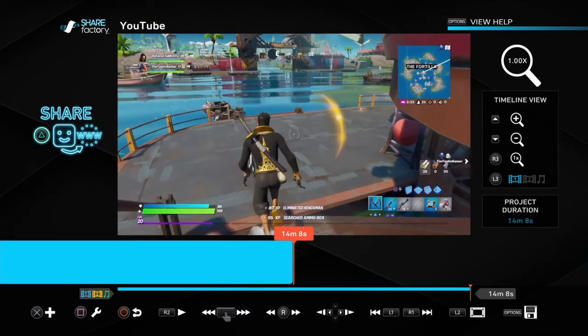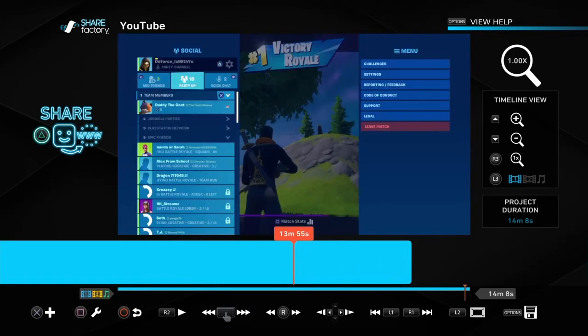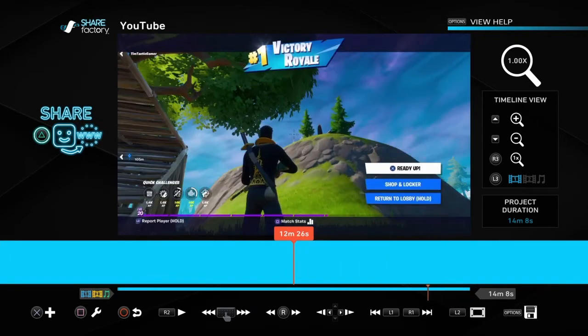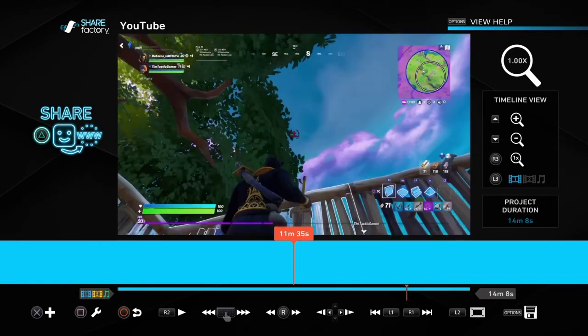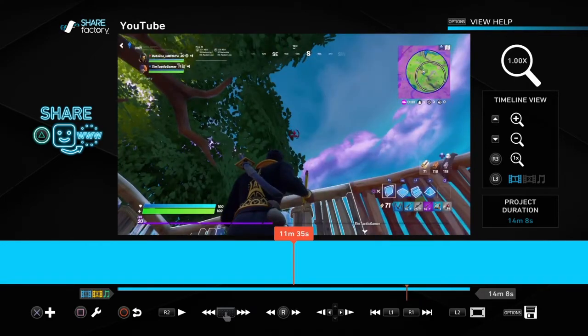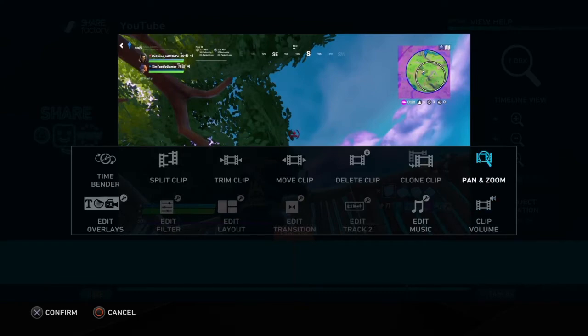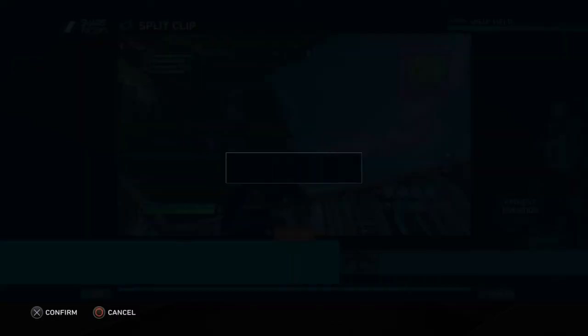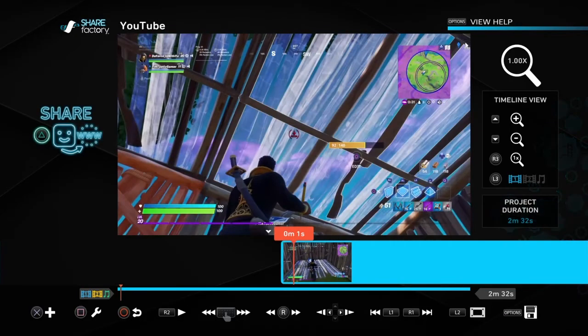So if I go to the end of this clip, yeah. At the end of this clip, my brother was playing Fortnite, and he got this really cool snipe on this guy. So what we're going to do is click square, and we're going to go to split clip, and confirm, and then you can delete the rest. So now we're going to delete this one also. Now what we can do